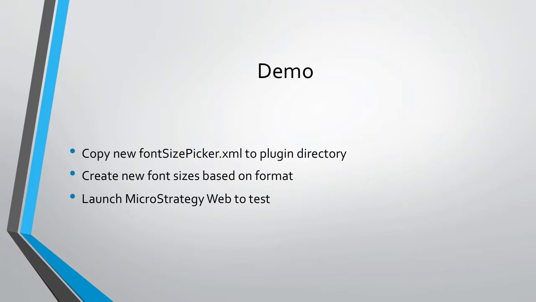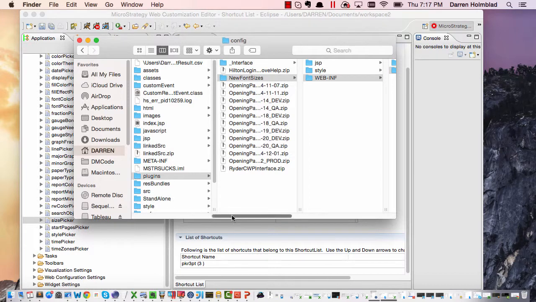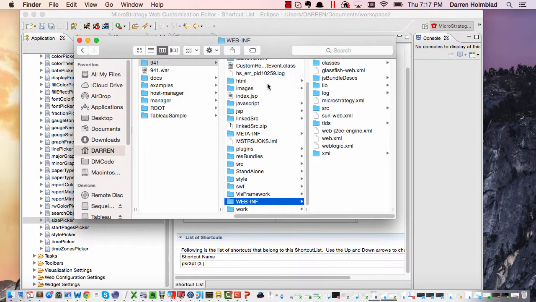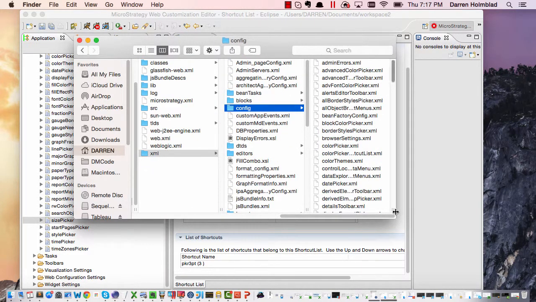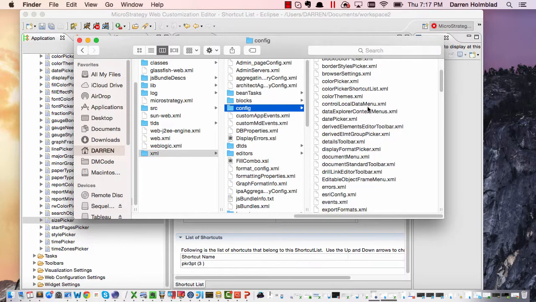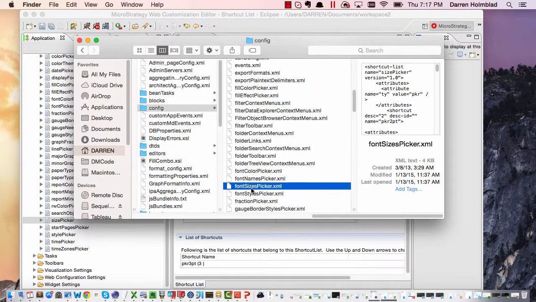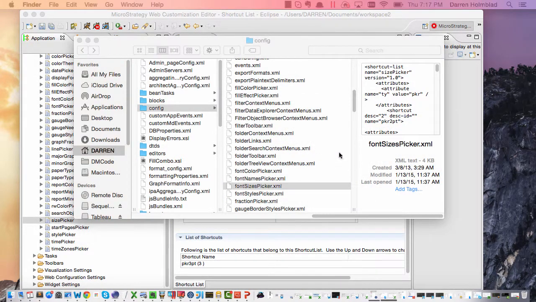So let's go ahead and first look at the out-of-the-box font size picker.xml. I have a MicroStrategy 941 environment, and we're going to go into the web and if directory, XML, and then config, and hopefully find this file. Let's see, font size picker, here it is. So we're going to go ahead and open that with a text editor,